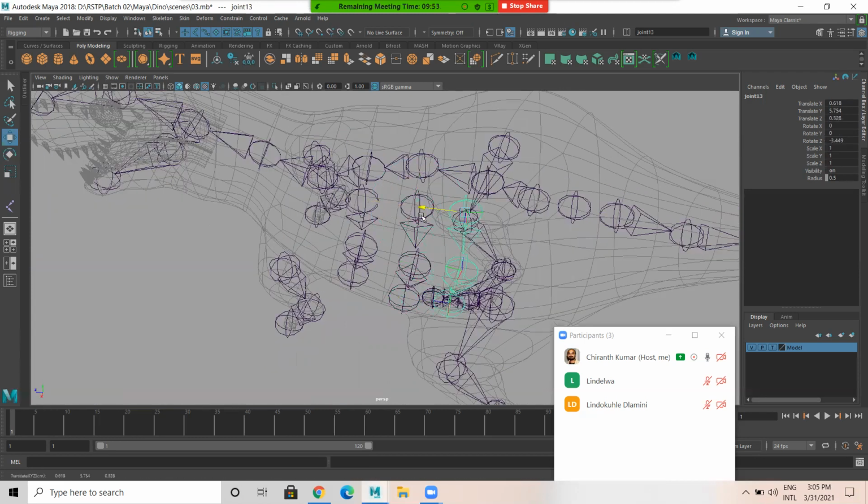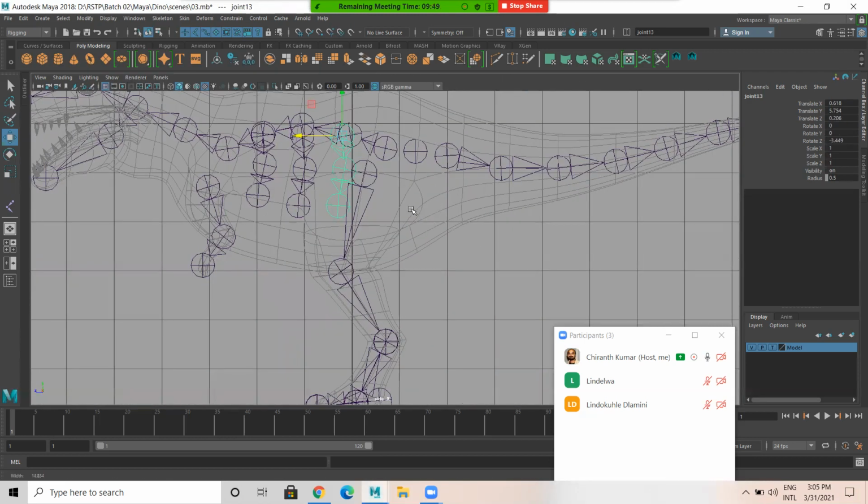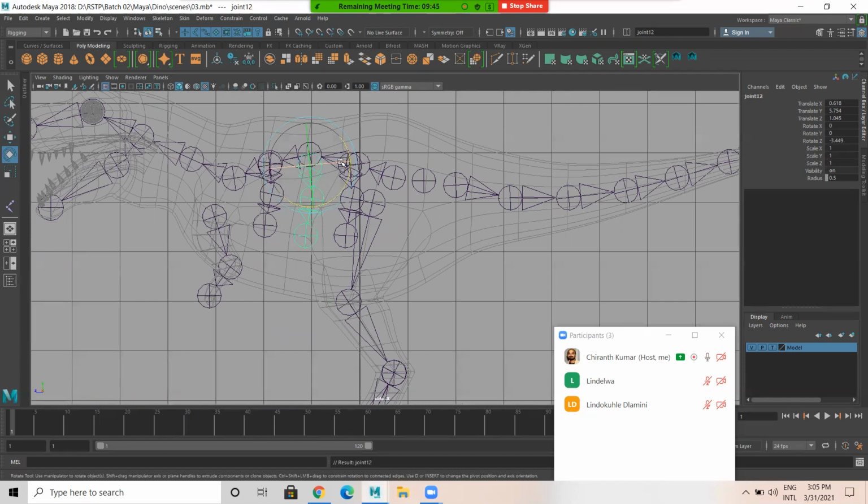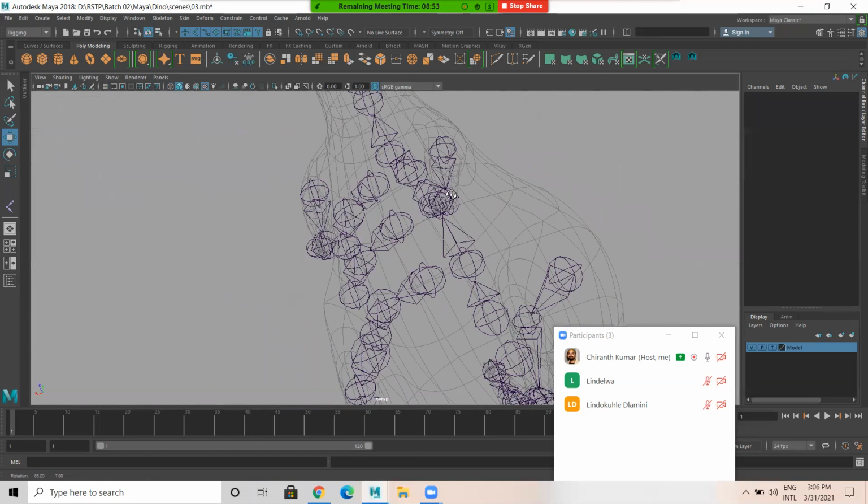I'm gonna duplicate this, Control D, and I place it right next to this. So it's like this.